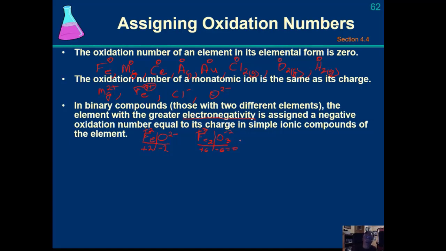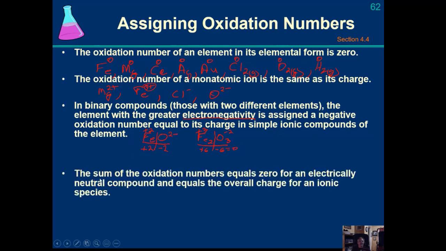All right? So in binary compounds, those with 2 different elements, the element with the greater electronegativity, which is almost certainly a nonmetal, is assigned a negative oxidation number equal to its charge in simple ionic compounds of the element. All right. The sum of the oxidation numbers equals 0 for an electrically neutral compound, like we had up here, and equals the overall charge for an ionic species. So let's take a look at an ionic species. I'm going to use sulfate, okay? And it's a 2-